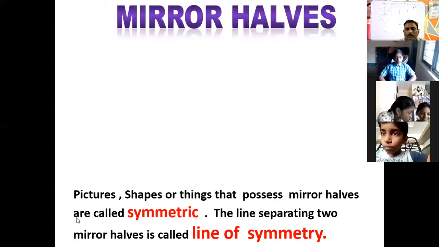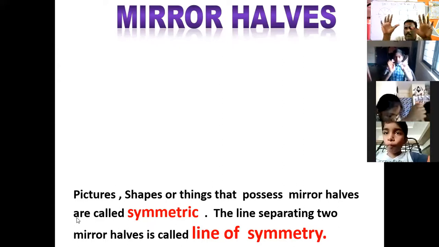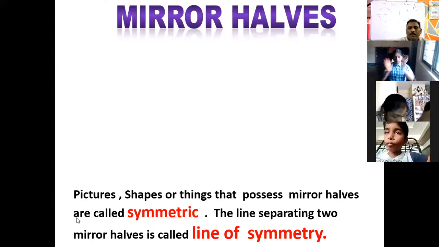Mirror image. Pictures, shapes, things that possess mirror images are called symmetry. Symmetry means mirror image, whatever image is there, the same image. Your palms are the best example of symmetry. Both are exactly the same. The line separating them is called the line of